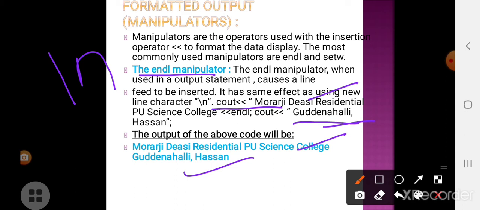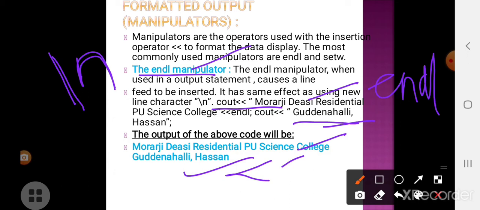In the same way, \n also works, and for that purpose the endl manipulator is used. Here we are formatting the display data with the help of the endl manipulator. Manipulators are operators used along with the output or insertion operator to format the data display. Here endl causes the output to be displayed in the next line. So this is about endl.